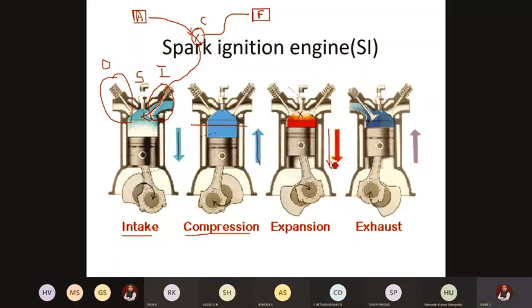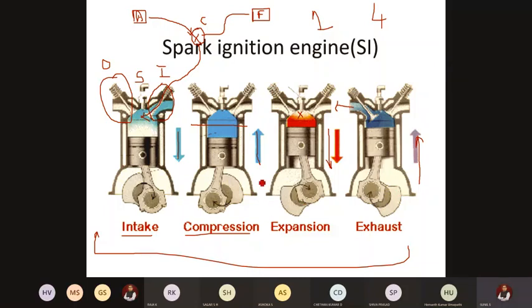The piston will be pushed downward. Okay, so during the last exhaust stroke, what happens? The piston starts moving up, so that the outlet valve will be open. Whatever remains, burnt gases and unburnt particles of fuel, will be pushed out. Again, it comes back to the first stroke. So to get one power cycle here, 4 strokes are required: intake, compression, expansion and exhaust. It's called a 4-stroke engine. 2 complete rotations are required, so it is called a 4-stroke engine. So this is the working of a petrol engine. Okay, I hope it is clear, right?